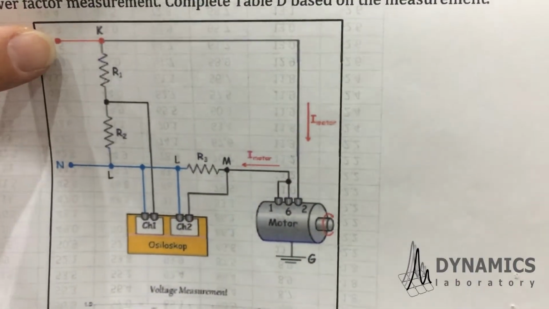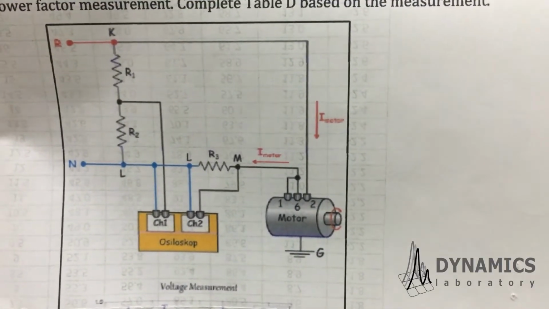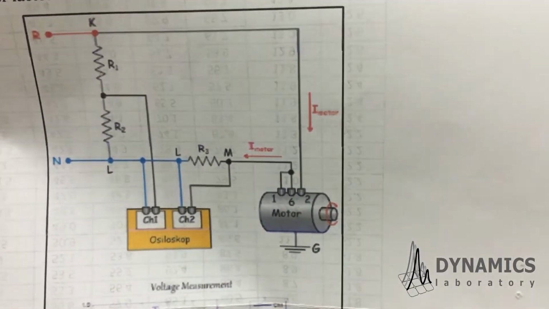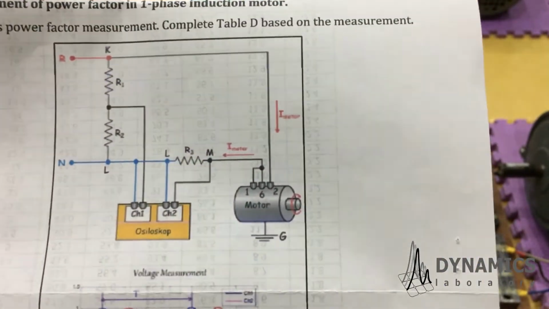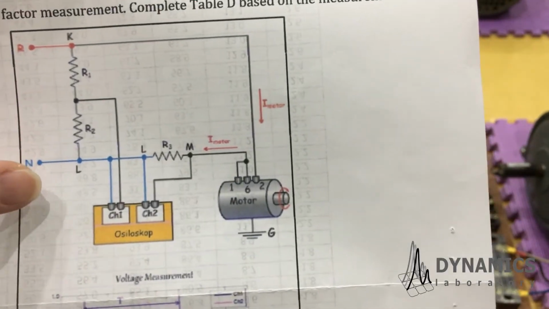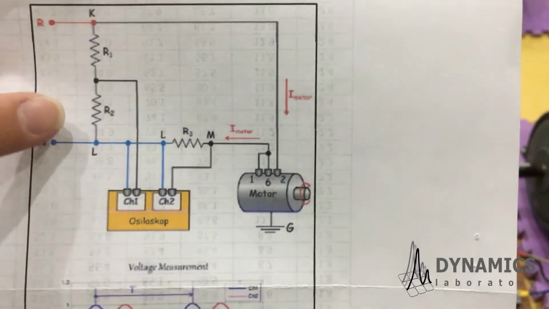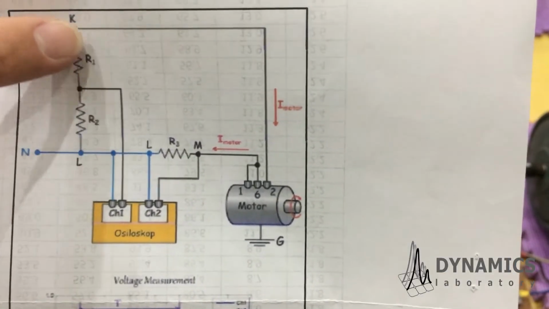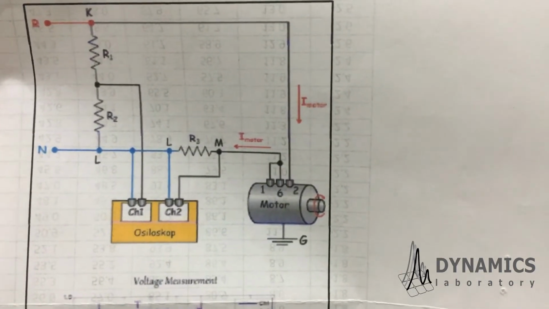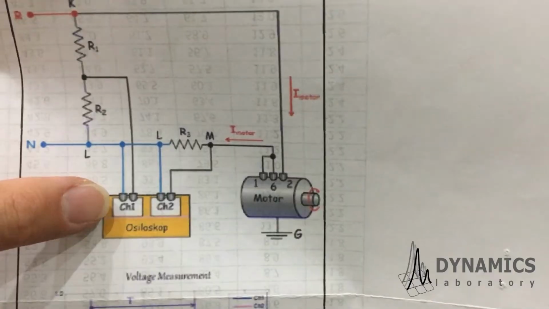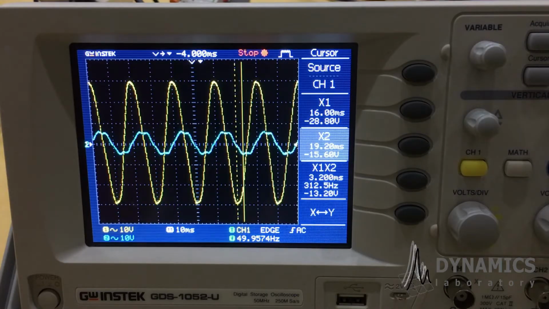Because the grid voltage is 220 volt RMS, right? And the maximum voltage in the oscilloscope is only 40 volt. That's why we have to utilize a voltage divider in order to reduce the voltage flowing to the channel 1 oscilloscope. This is the experiment result.